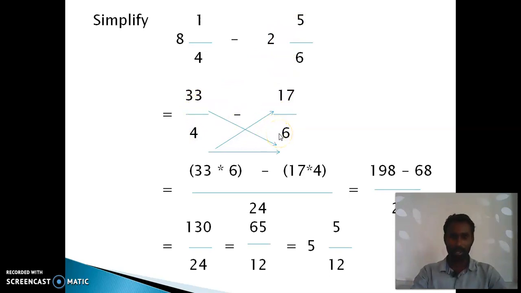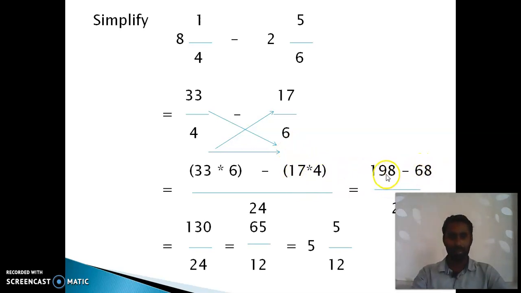So after converting this, 33 divided by 4 and 17 by 6 came, and after that you have to multiply, right? So that means 33 into 6 you have to multiply. Okay, 4 into 17 you have to multiply, and 4 into 6 you have to multiply. So 33 into 6, just multiply this value. Okay, minus you have to put 4 into 17 or 17 into 4 divided by 4 into 6, 24. Okay, so 33 into 6, 3 6 are 18. Okay, 8 1, 3 6 are 18, 18 plus 1 19, so 198, right? 198. That means here 7 4s are 28, here 2 1 4s are 4, 4 plus 2 6, so 68.